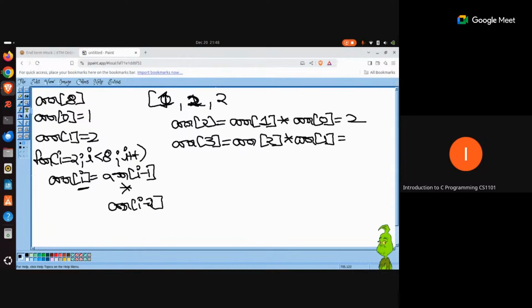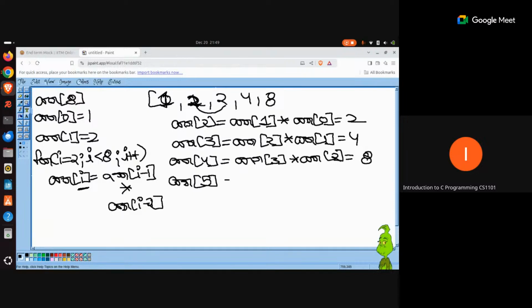So now you have to multiply the last two values. The last two values are 2 and 2. So you have to multiply them and get the result, which is 4. So 2 times 2 becomes 4. Fine. You move to the next iteration. Next iteration says you have to multiply the previous two values and find out the result. So ARR 4 is going to be ARR 3 multiply ARR 2. So it is going to be 4 times 2, which is going to be 8. You get the next value, which is 8.